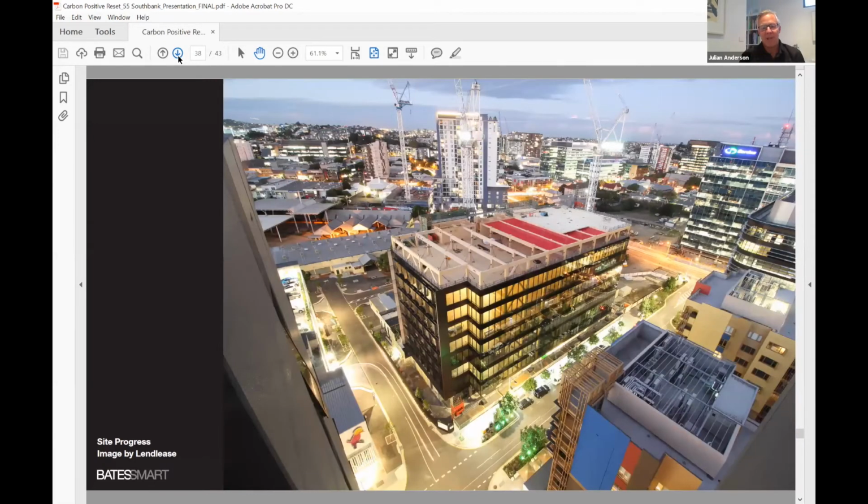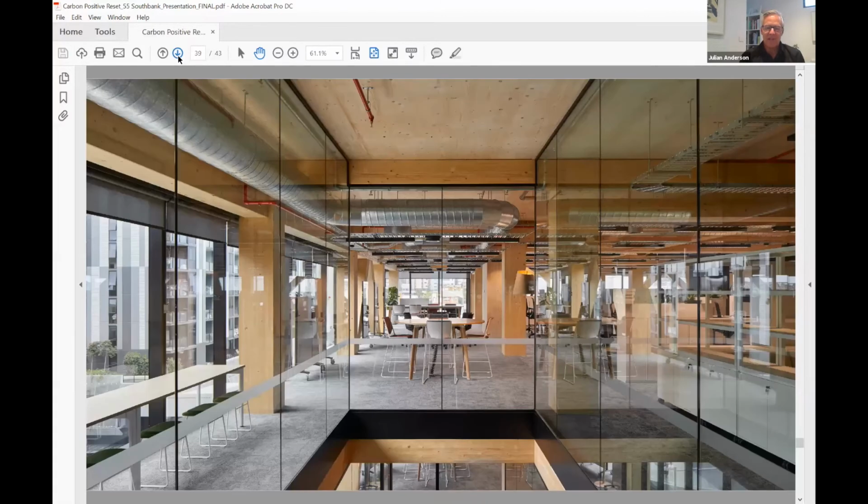This is an image of the internal space, which we're very, very pleased with. I think we've always been interested in exploring this idea of biophilia, which is a term which talks to greater connection with nature, and we're seeing that in many of our buildings. This interest in buildings which can start to investigate ways in which people can improve their connection to nature through light, air, and greenery,